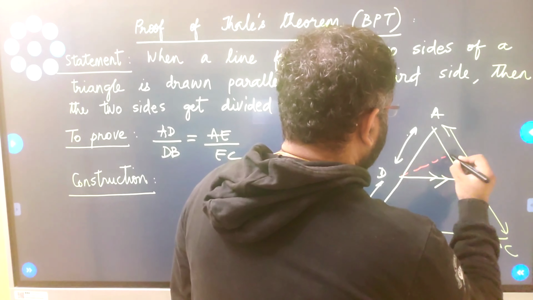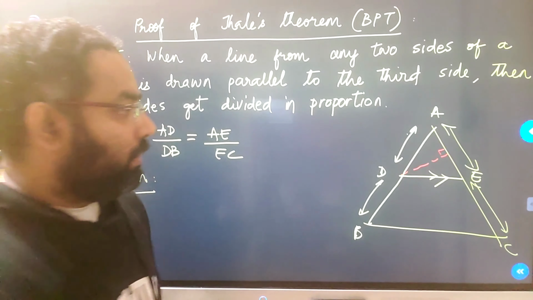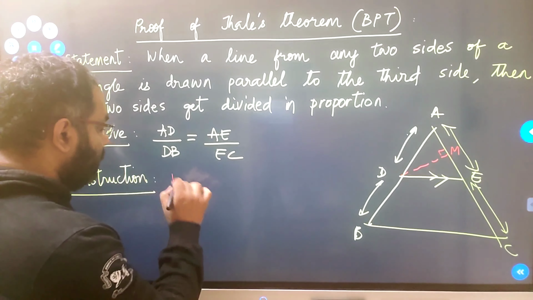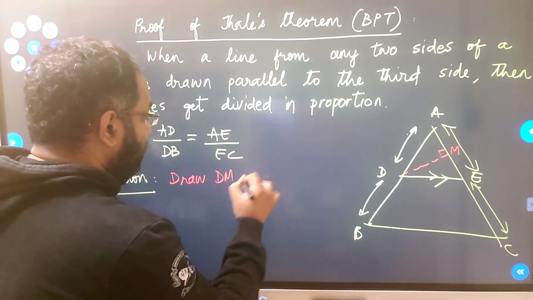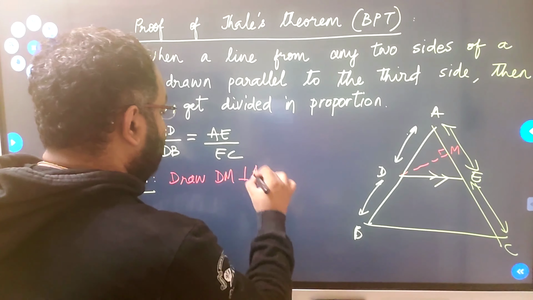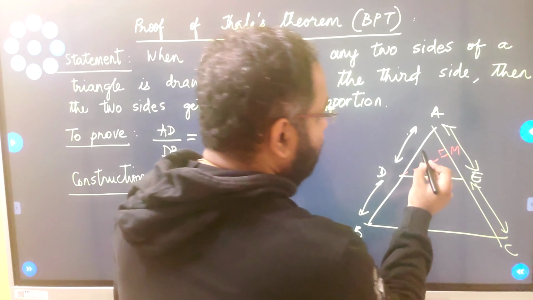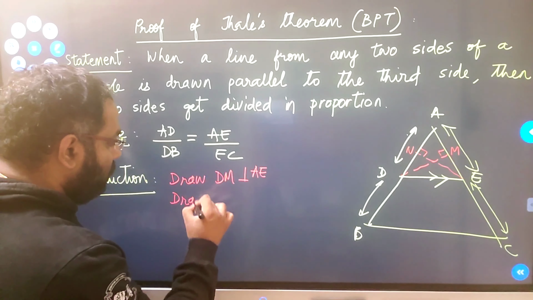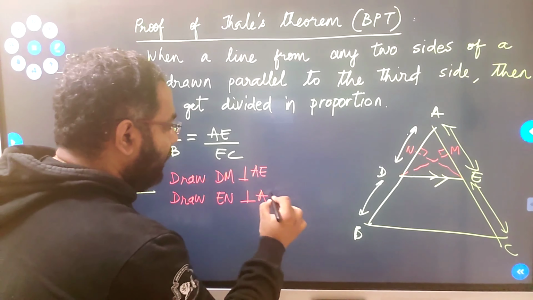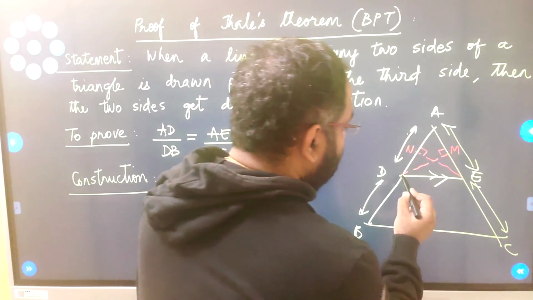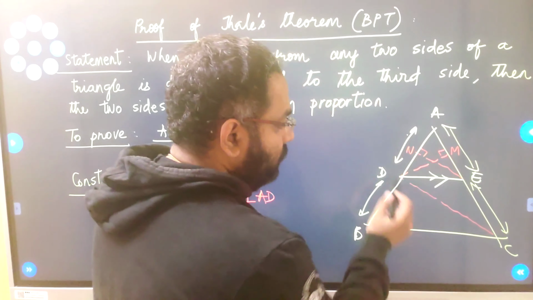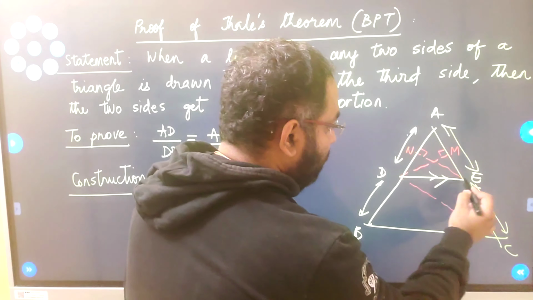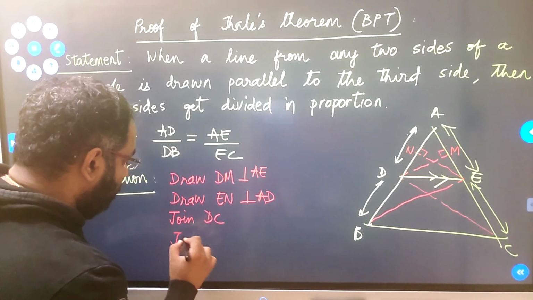Your construction is, I hope all of you are able to see. I'm going to draw DM parallel to AE. So I'm going to write that. Draw DM parallel to AE. Whatever you do on this side, you do the same thing on this side. Let's call that EN. So you're also going to draw EN parallel to AD. Done. Another simple construction. Join DC. If you do it this side, do it this side too. So you're also going to join